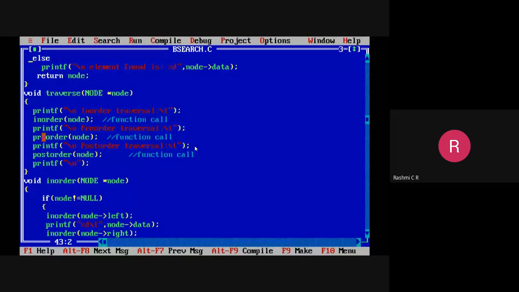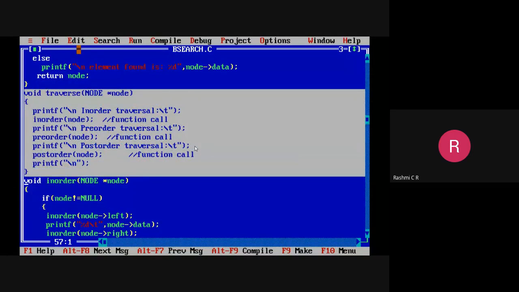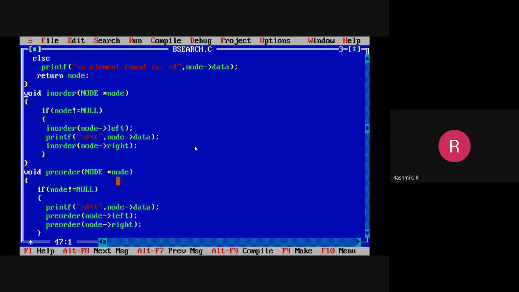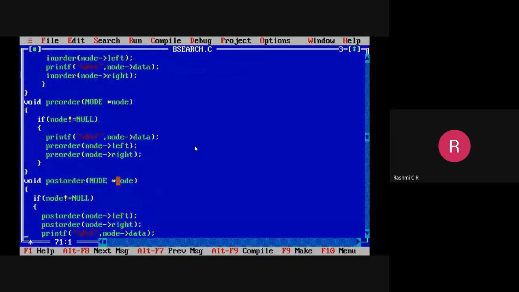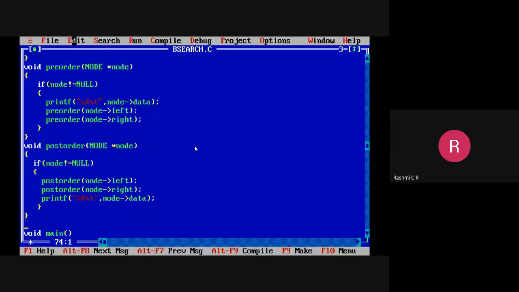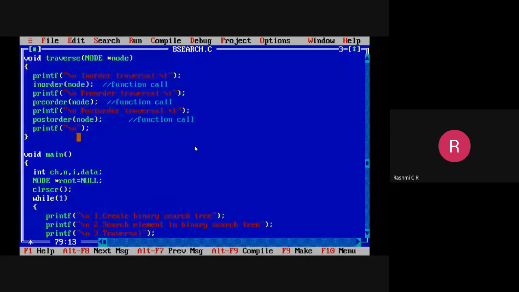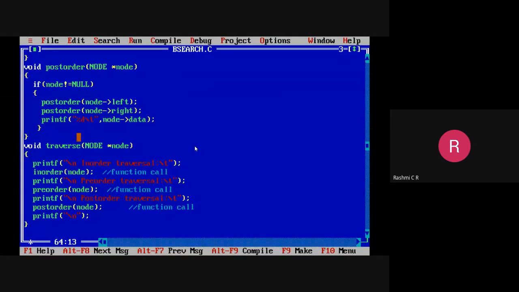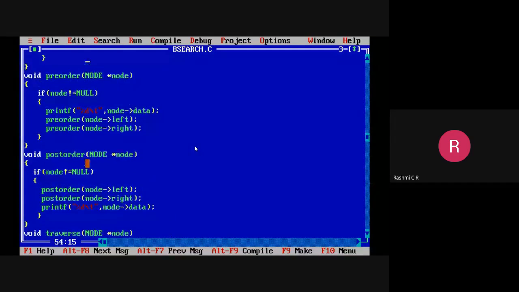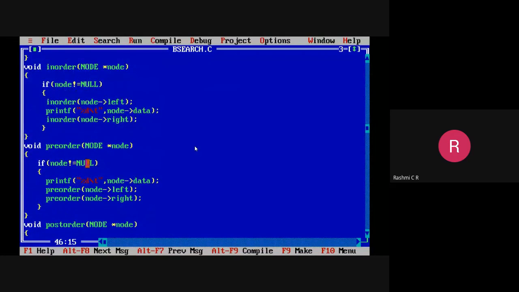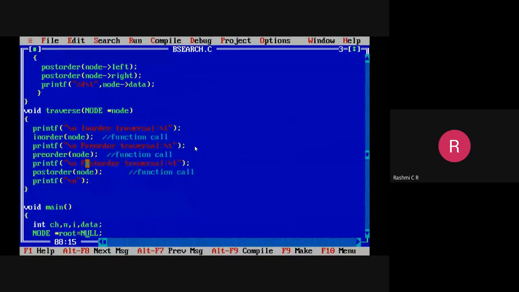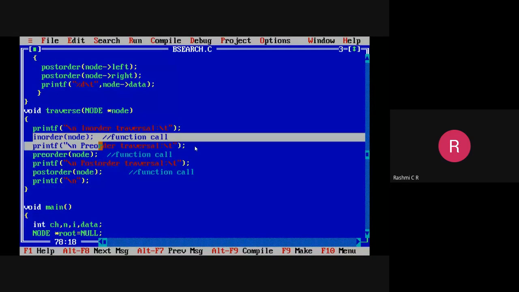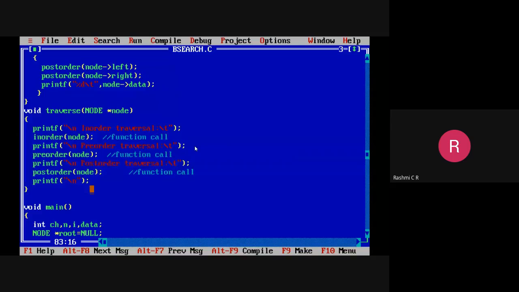See what we are doing, we are writing the traversal function first, right? See, what was the mistake earlier is, in traversal we are calling the functions, but they are not defined earlier, correct? The mistake was that before writing the function definitions, I wrote this void traverse function. But in void traverse, you are calling the functions inorder, preorder and postorder, and there is no function declaration and also definition